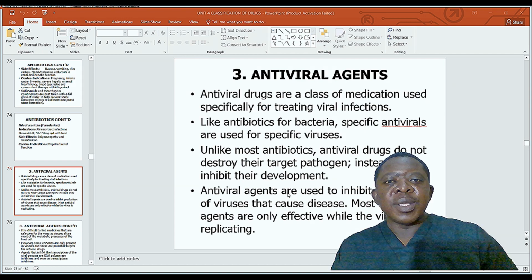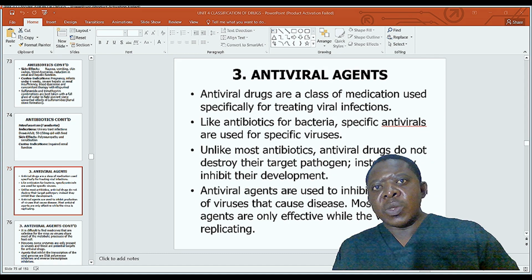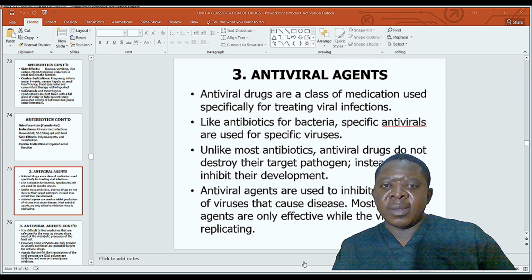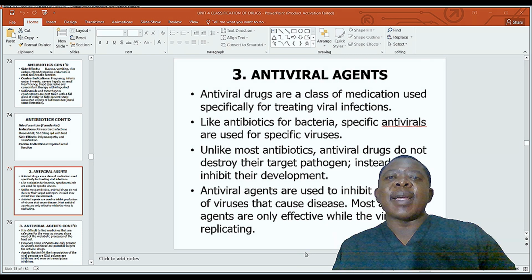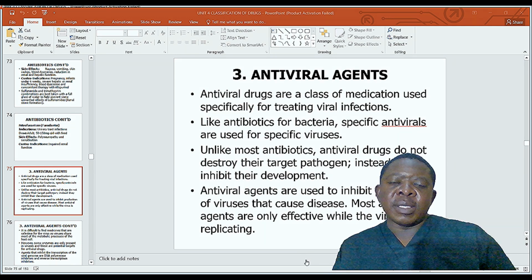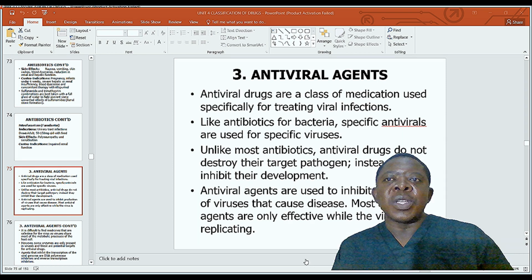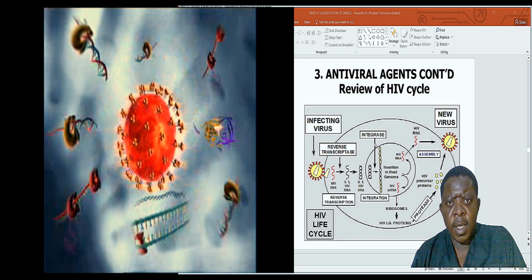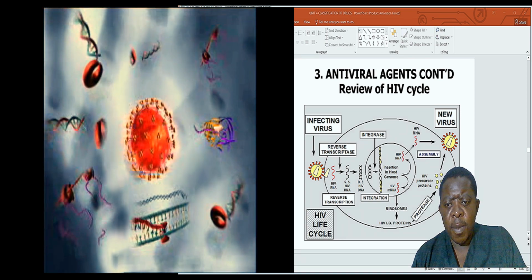So in this comprehensive lesson, we have just discussed these types and some properties that we need to know about these drugs. So the next lesson will be about antiviral agents. Okay, so that will be the next lesson on the groups or classification of drugs. The simple understanding of this diagram is that